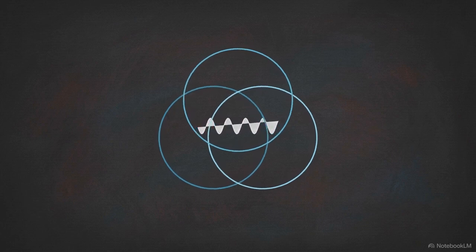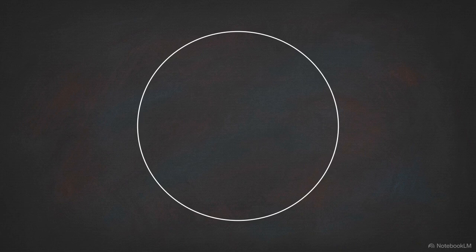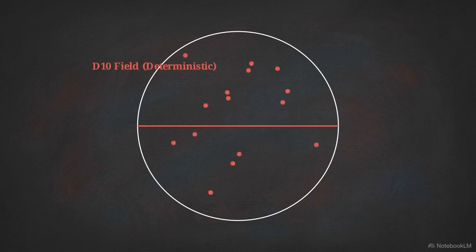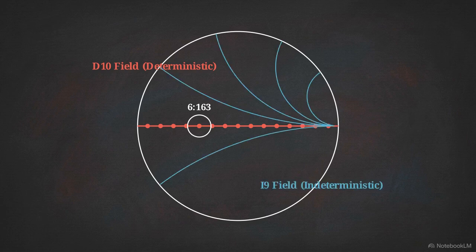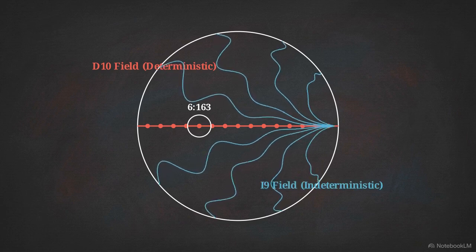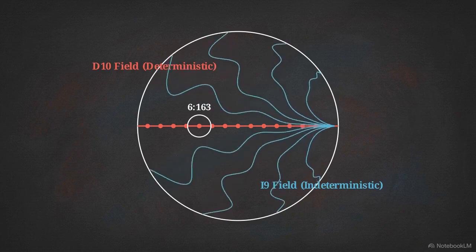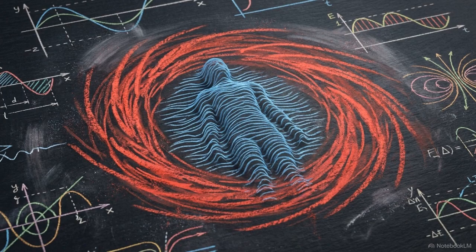This diagram is a Smith chart, modeling the two opposing fields of this closed universe. The horizontal red line is the D10 field. The D10 register represents physical execution. It is the deterministic access of particles and tangible mass. This is where the first Muslim coordinate of 6163 assumes its stable position in the material field. Perpendicular to that is the I9 field, the indeterministic register. It governs the witness state and wave behavior. This is the domain of the slave at 1930, the wave that witnesses the field without being consumed by its